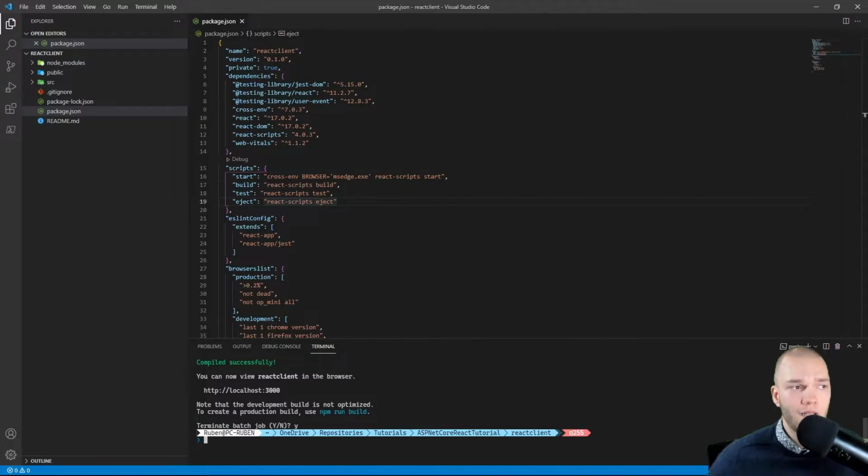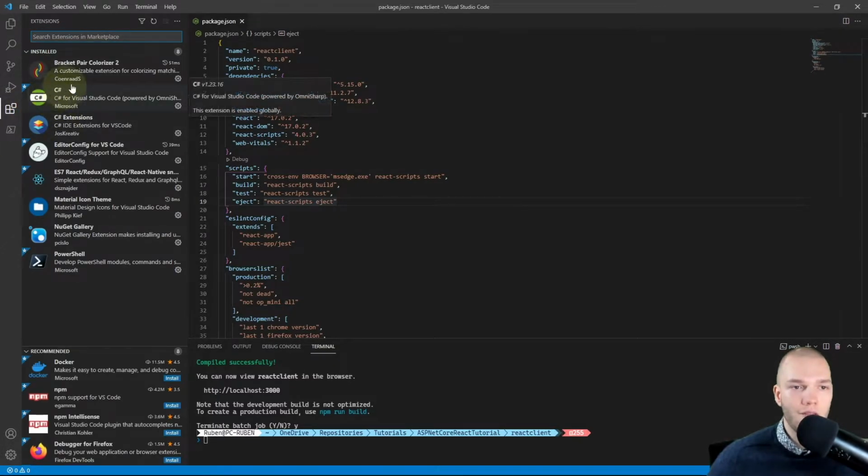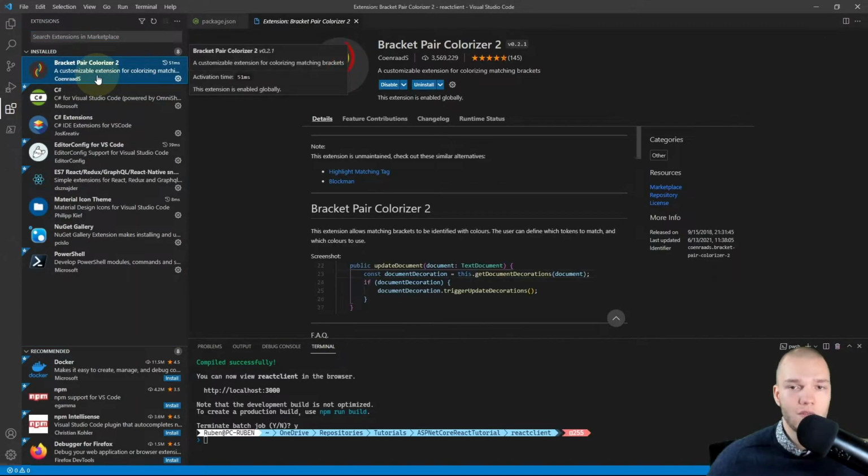So before we get coding here, I'll just show you the extensions I have installed for React development. These are optional, but I like to use them. So in the extensions tab, I have the bracket pair colorizer, which makes your code more readable.